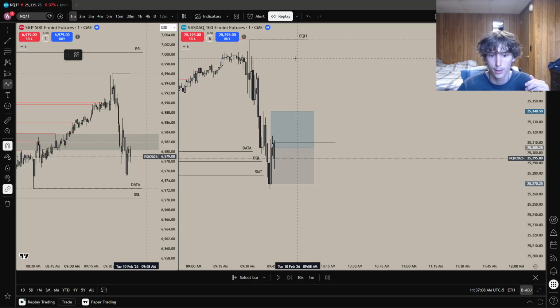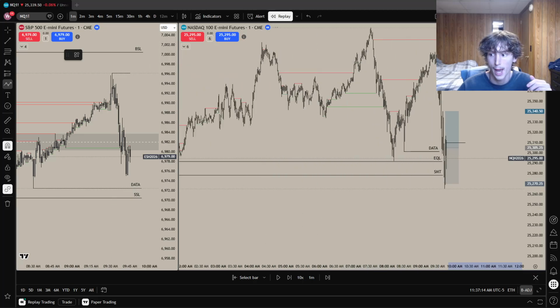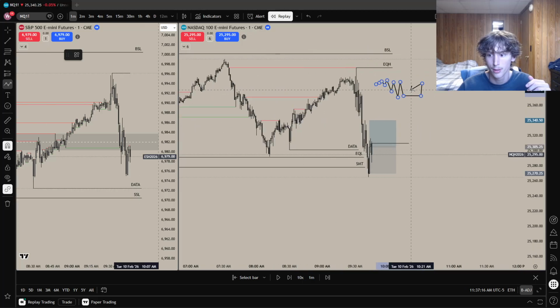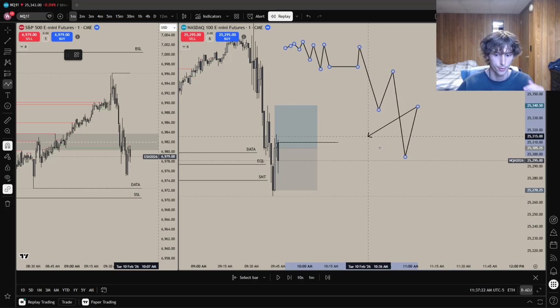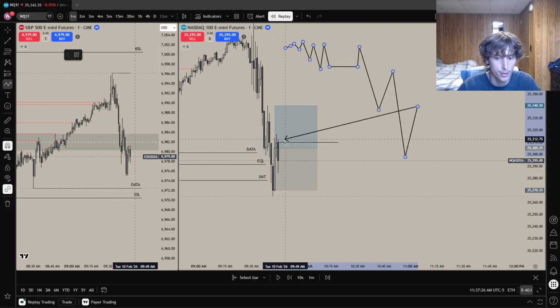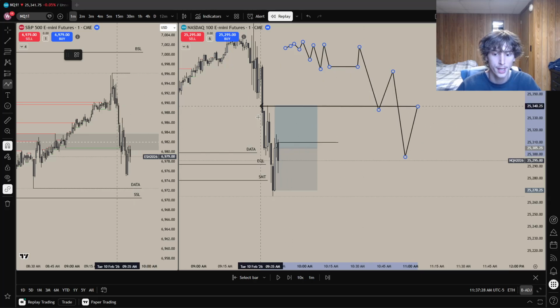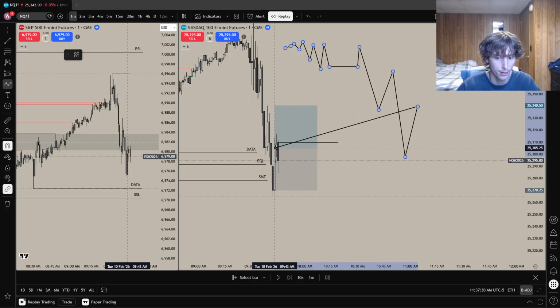So our scenario right now, right? We have this pre-market accumulation. What does 9:30 do? 9:30 opens up, trades higher, adds to these relative equal highs up here, and we start to trade lower. We have that one swing high and we get our inversion right here, right? Now, this is also like a distribution. This is around 150 points or so. So I'd like to see price slow down a little bit more than this.